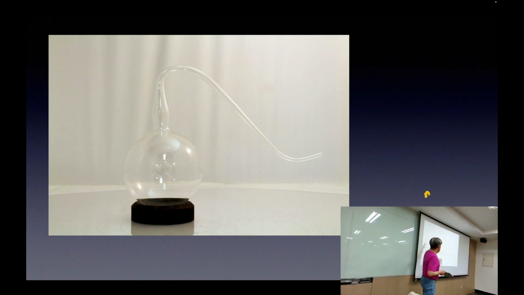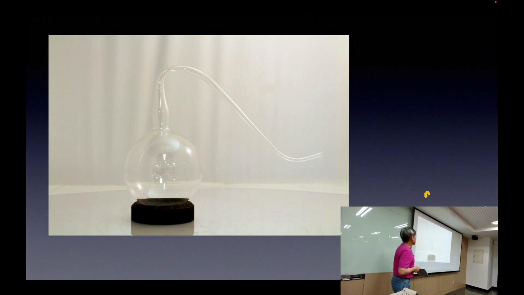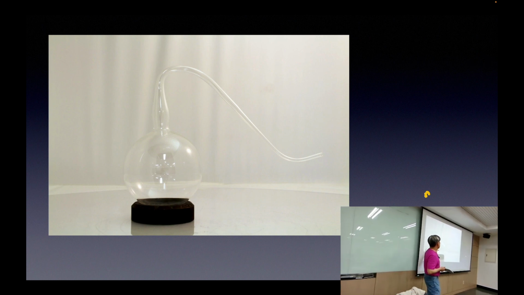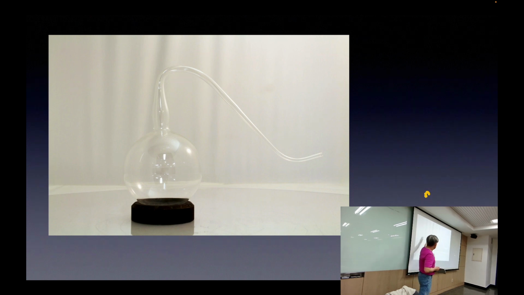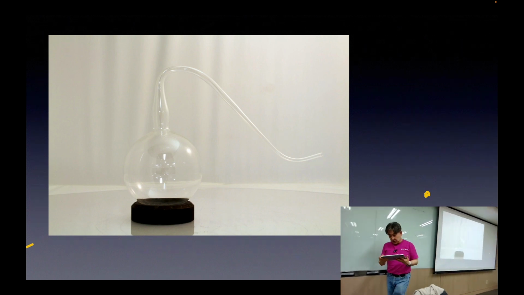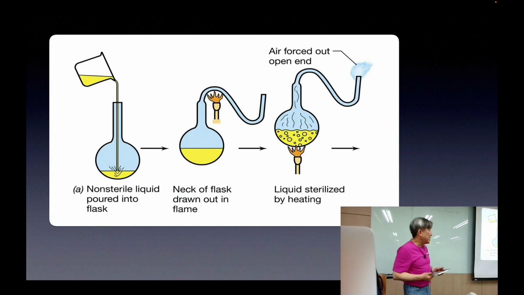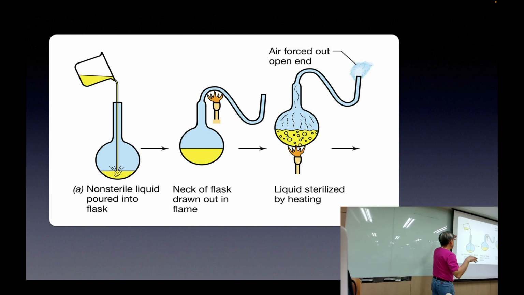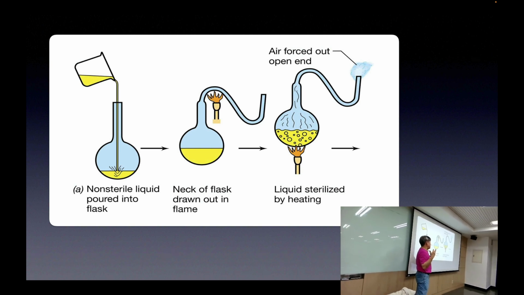Probably the replica of the experimental tool he used at the time. We can call this a swan neck flask, because this long neck resembles that of a swan. And this is basically the flask, right? But what's special about this flask is this. If you fill this flask with some nutritious broth, really good stuff,